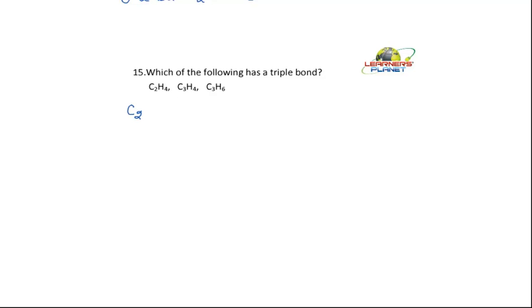Say this, C2H4. What is the general formula coming out to be? CnH2n. Now in this case, this is the general formula for alkene. Okay. So what type of bonds are present in alkenes? The double bonds. Now the next, so this is not the right option. Okay. Now the next is